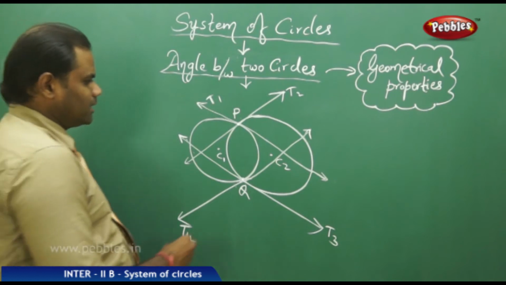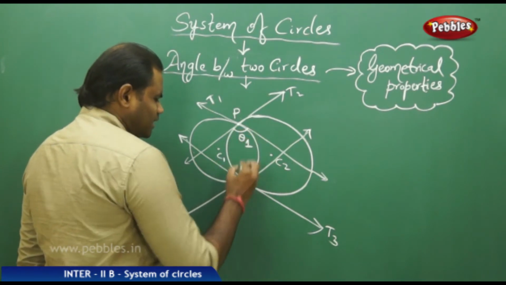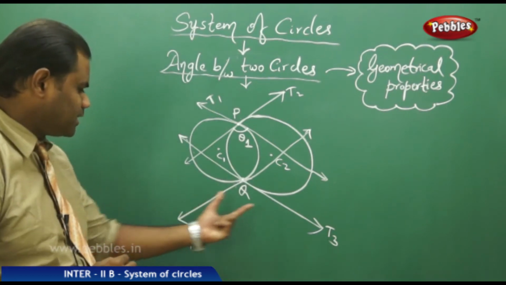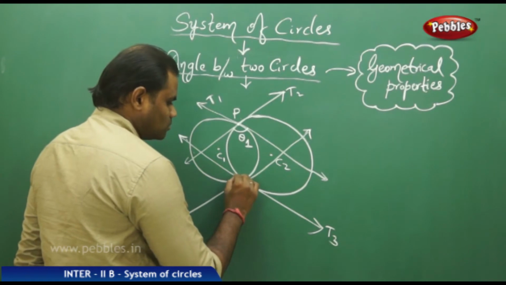If the angle between T1 and T2 is theta 1, and the angle between T3 and T4 at the point of intersection Q is theta 2,